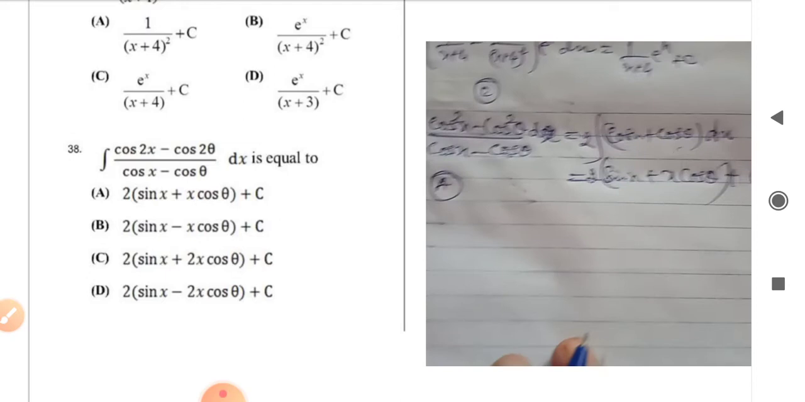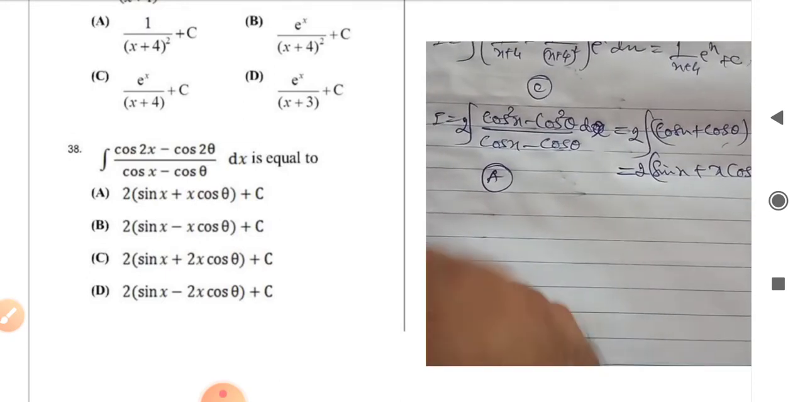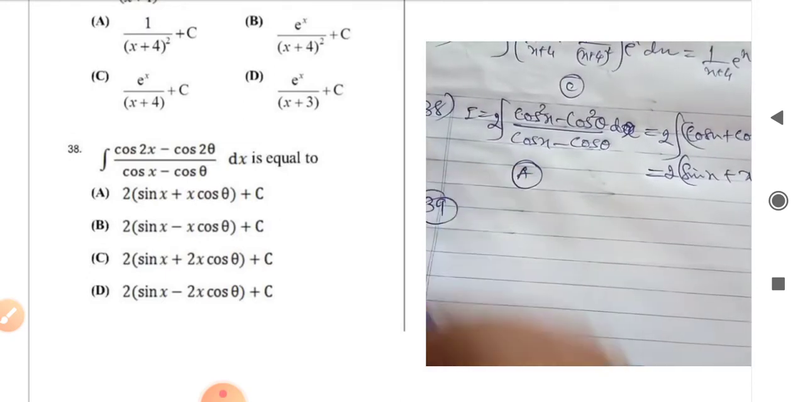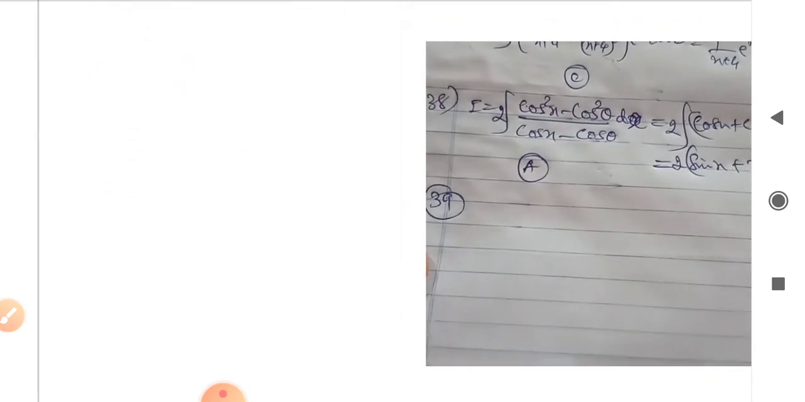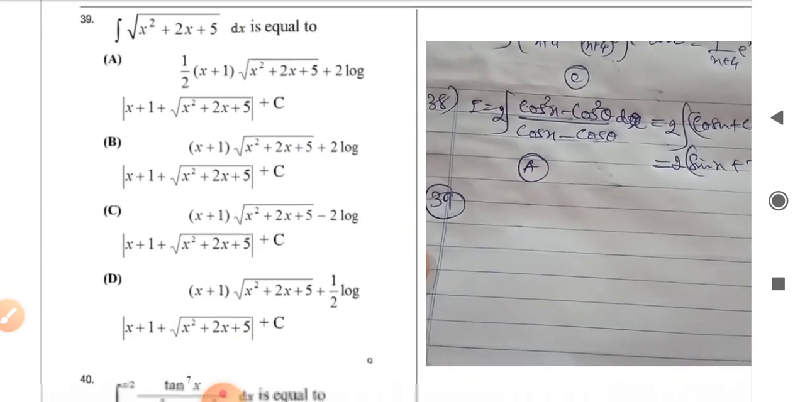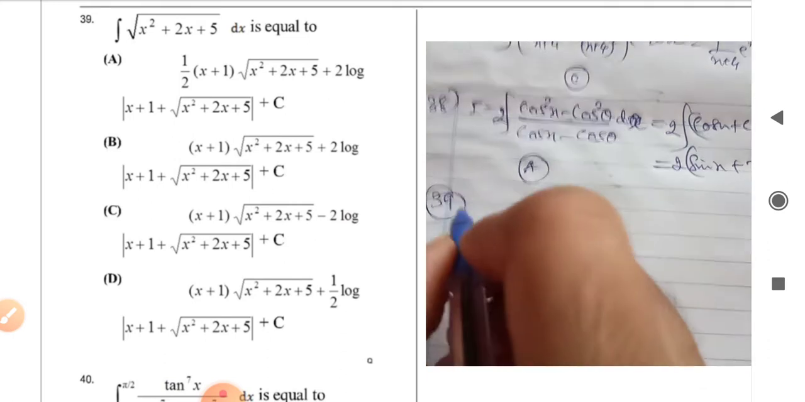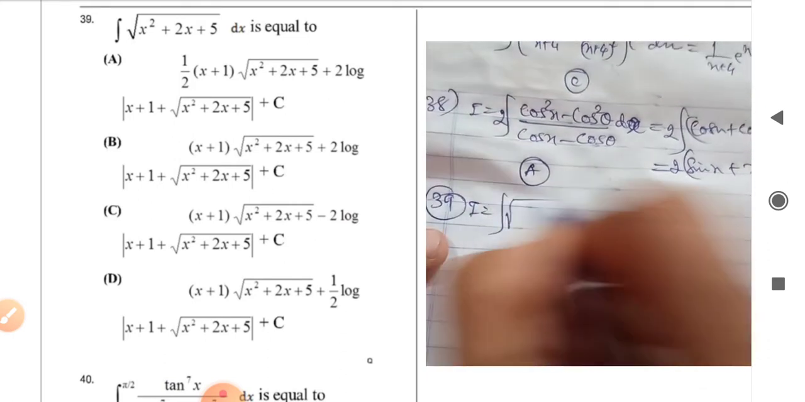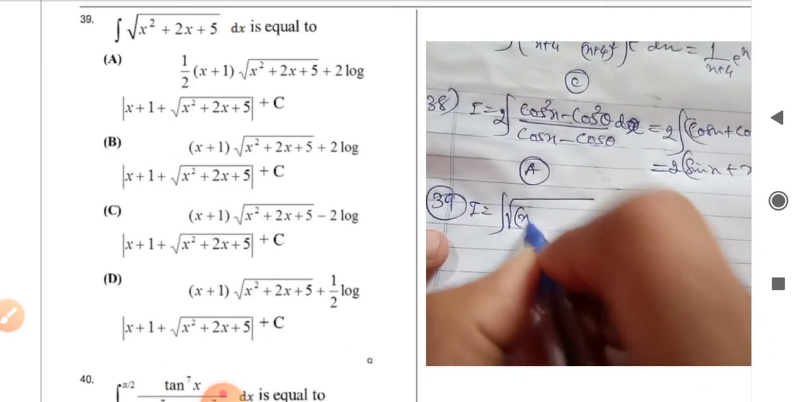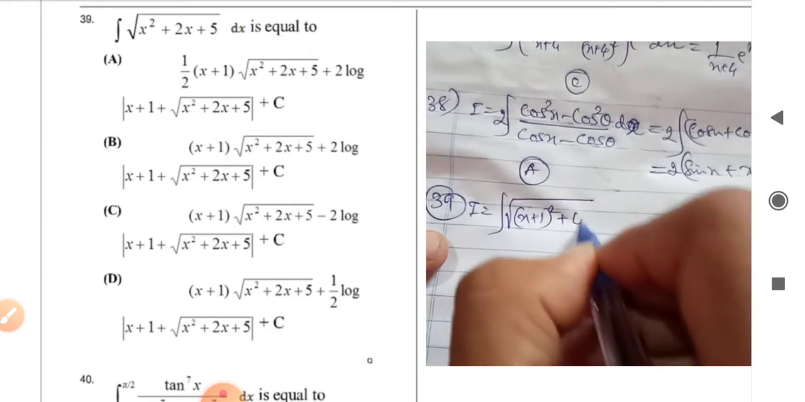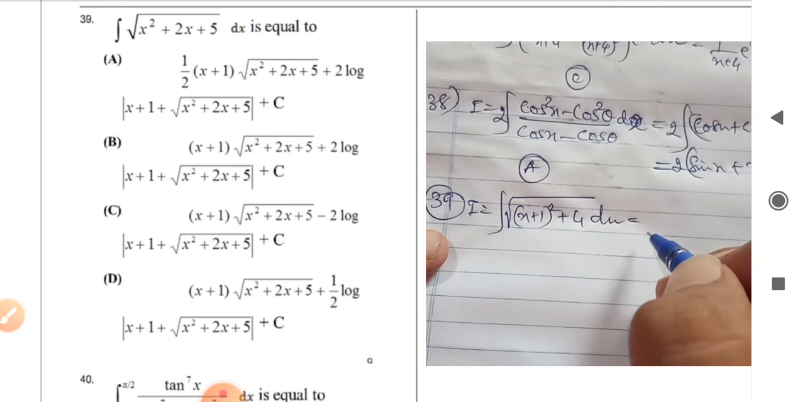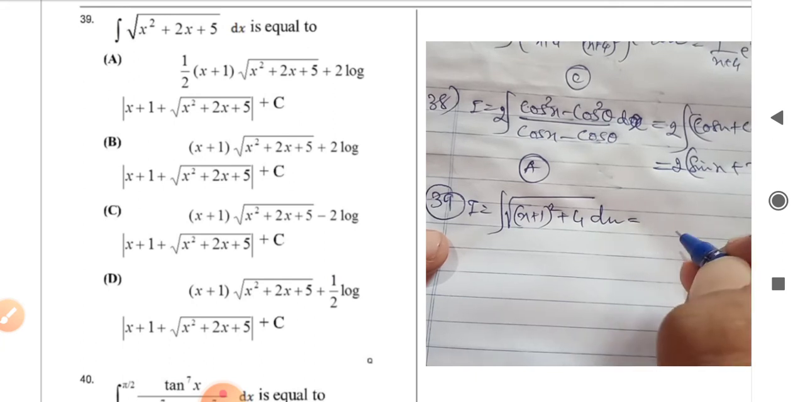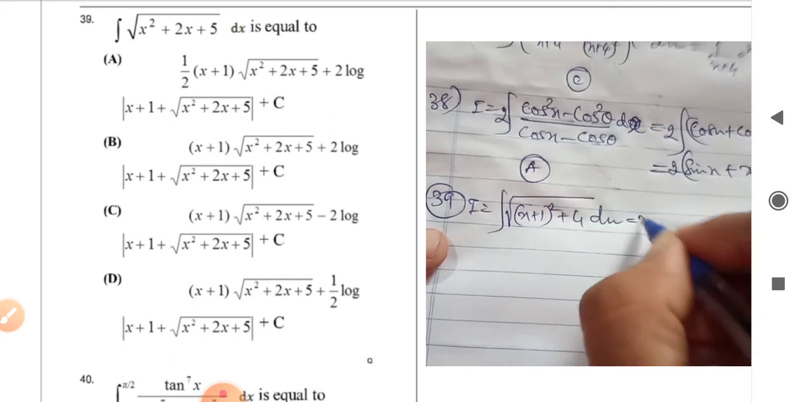And now I will go for 39th problem. 39th problem, they are saying here it is square root of, it's a standard result only, there is no any big issue, you just directly write it as x plus 1 whole square plus 4 dx, correct. Then directly you know that x by 2 root of a square plus x square plus a square by 2 log of x plus root of x square plus a square it is. So then it is x plus